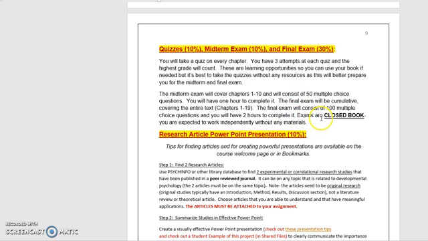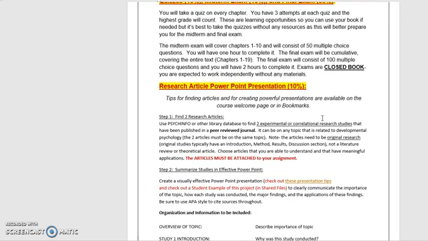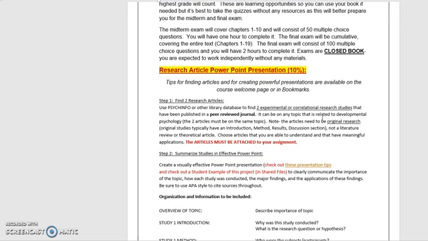The midterm and final is a closed book exam, so even though you're taking it online, I do expect that you're not using any materials, and I also expect that you're working independently. And again, I put time parameters and other safety precautions into place to just make you less tempted to engage in any dishonest actions. Towards the end of the semester, you'll be doing a research article PowerPoint presentation, and basically